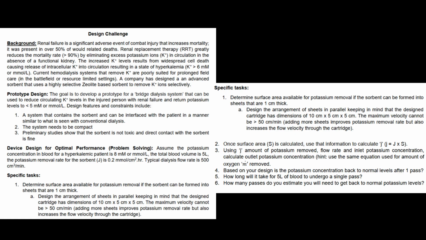Renal failure is a significant adverse event of crush injury that increases mortality. It was present in over 50% of related deaths. Renal replacement therapy greatly reduces the mortality rate by 90%, eliminating excess potassium in circulation in the absence of a functional kidney. The increased potassium levels result from widespread cell death, causing release of intracellular potassium into the circulation,